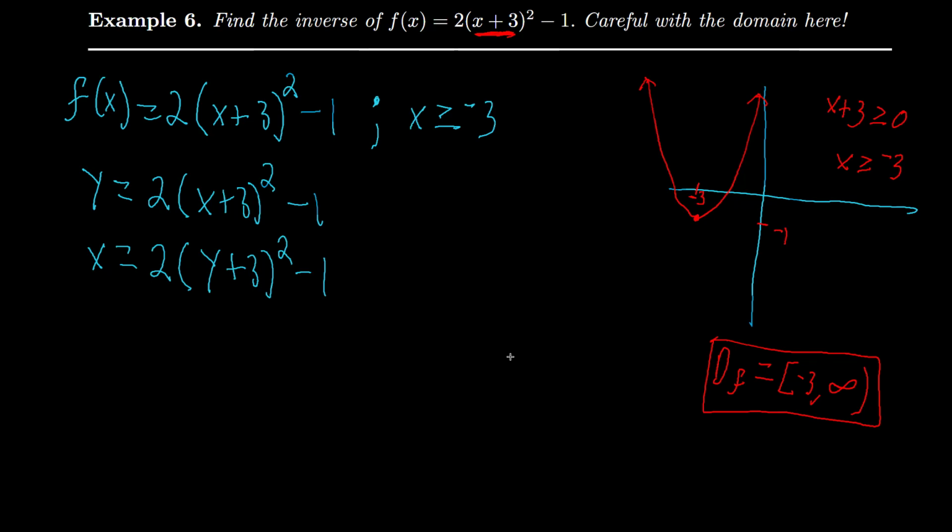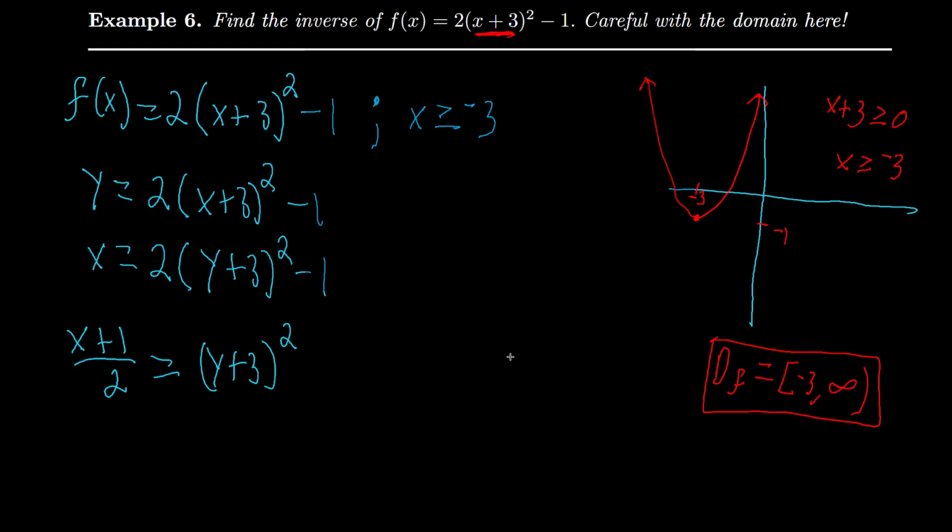So go ahead and solve this. It isn't hard. Get rid of the d, get rid of the a, get rid of the function, get rid of the c, then get rid of the b. It's always in that order, by the way. If it's given to you in general form, it's super easy. Barely an inconvenience. So let's add 1 and divide by 2. So (x plus 1) over 2 equals (y plus 3) squared. Okay. Now we're going to take the square root of each side to get rid of this square,